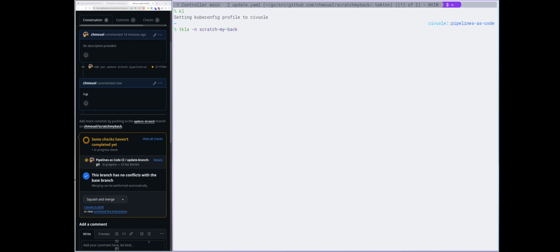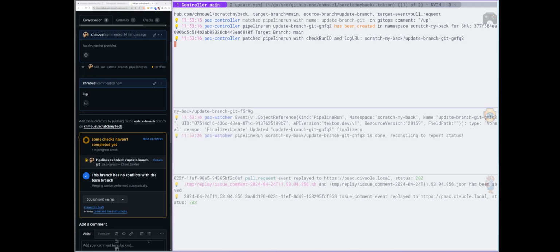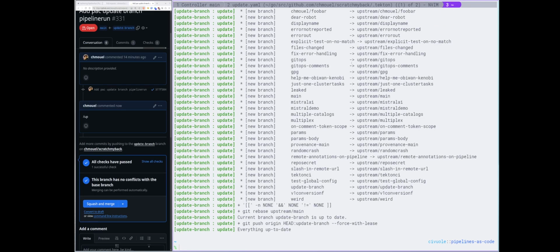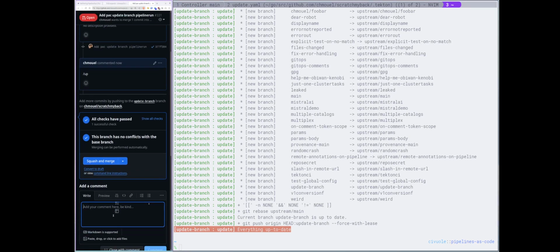It started, it detected the comment, as you see from the controller, and it automatically created the pipeline run, and it's going to finish it. If I look at the logs, there's nothing between the main branch and the current branch, so there's nothing to replace. More interestingly, I want to be able to